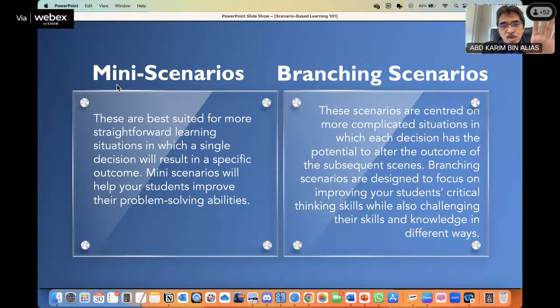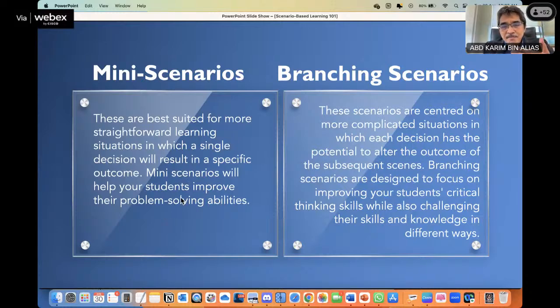For each option that the students take, maybe one of the options will be the most appropriate choice. The other two maybe not so appropriate. But with all these two, three, or four options that we provide, students will learn something, and they will learn from the feedback that we give them for each option.